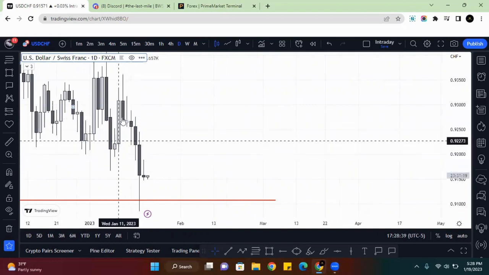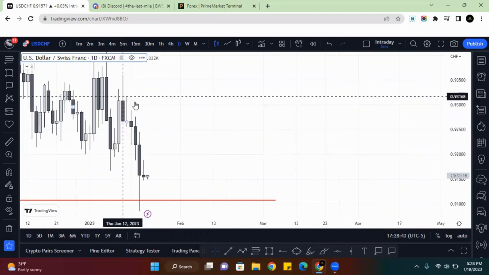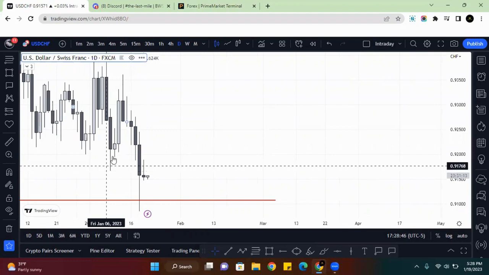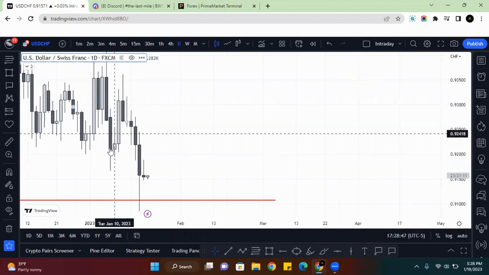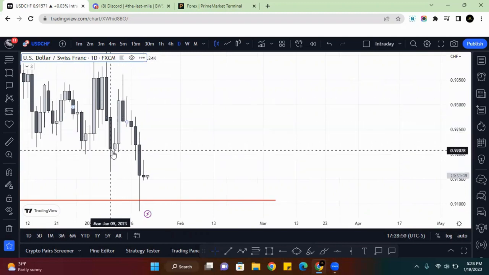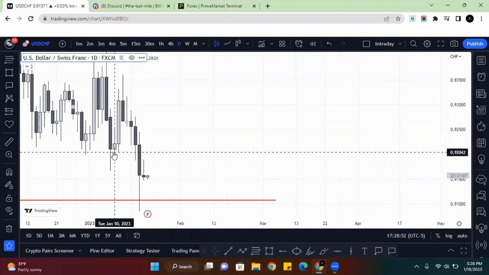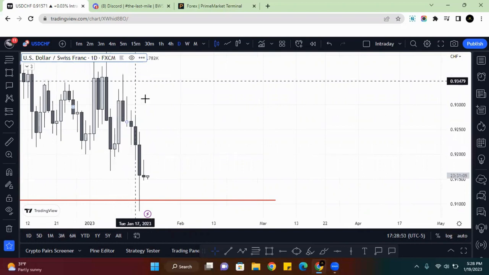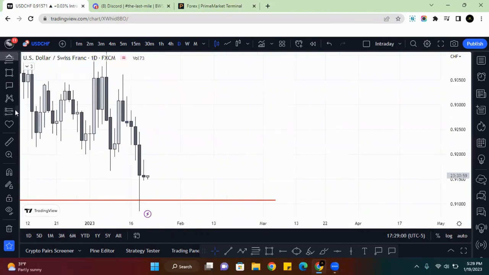Since there isn't a bearish engulfing, the last up candle before the actual liquidity take right here is going to be your order block. So somewhere within here is going to be your bearish order block. Drop one in the chat box if you can get that. Yeah, we would have to drop time frames to see. So that's how order blocks work if you don't have a bearish engulfing.